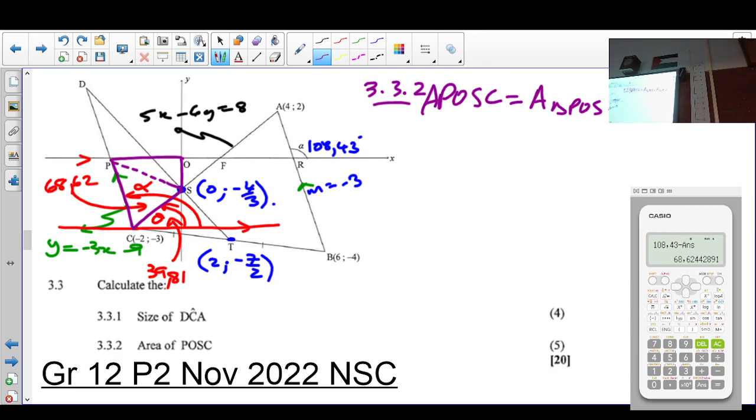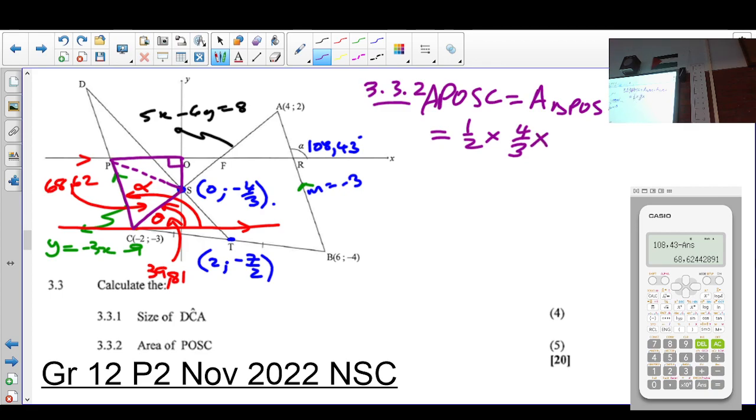Now, if you're looking at the first triangle, this would be a right angle triangle. How do I know that? Because that is 90. So it's going to be half of base times height. Okay? So you go half. Now, my height here is going to be 4 over 3. Why? Because that is negative 4 over 3. Can you see that, people? The length is positive. So that's 4 over 3